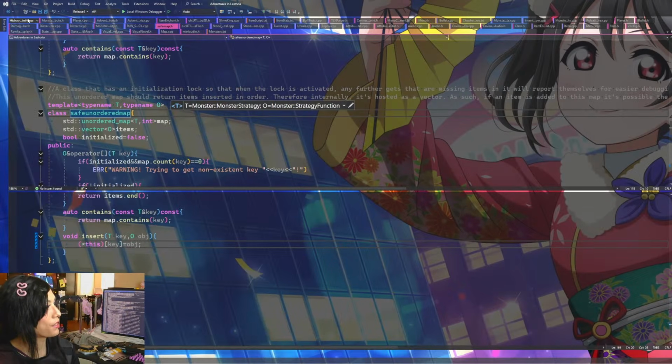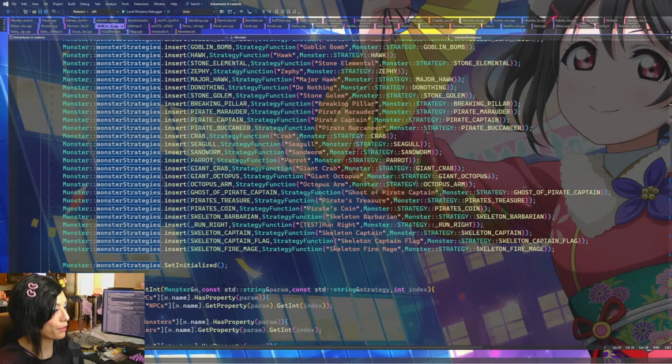So if we're just running a monster normally, then the strategy itself will be... let's see. So we're gonna have to search our map. This also runs every single time, so I'm not sure if we want to cache this or not. I don't think it matters too much, but it does run every frame, which is my only concern. So we could make a reverse lookup of this string runs or matches this enum at the very least.